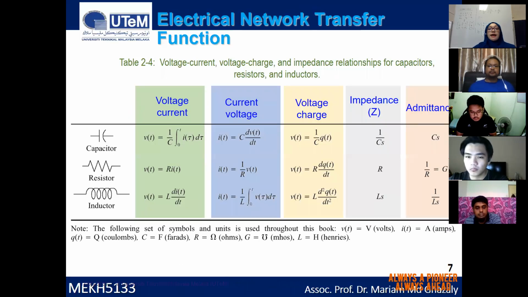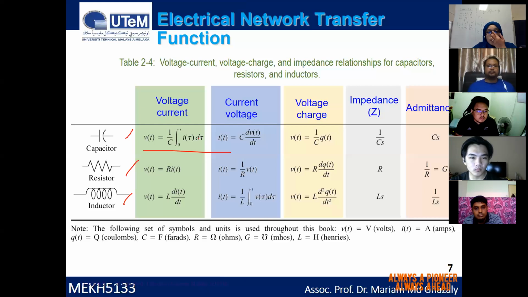Very fast. And next is the electrical network transfer function. Similar to what you learned yesterday on the mechanical transfer function, instead of mass you have the capacitance, resistors, and inductors. So you can rewrite the equation in time domain as v(t) equal to 1 over C